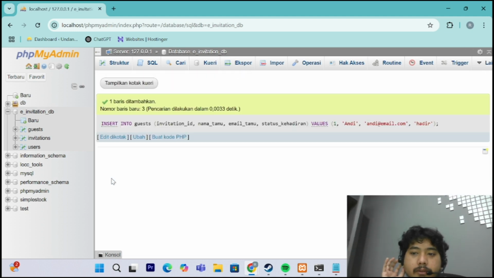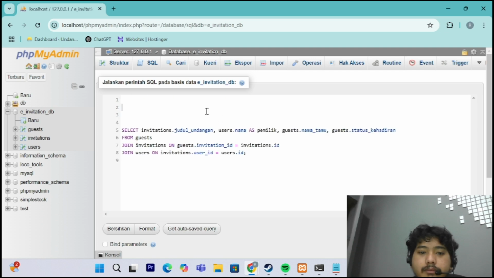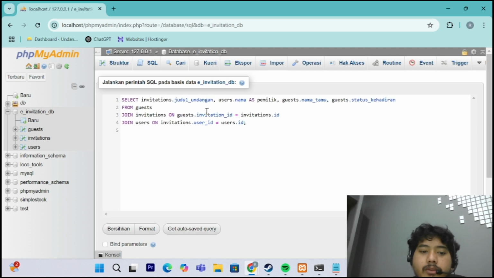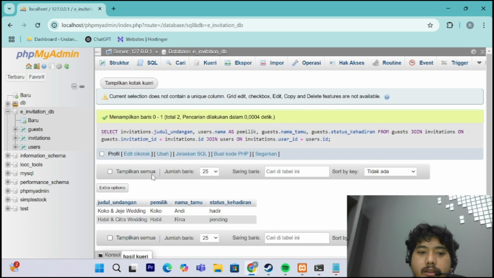Okay, we have added Andy again to the database, and we will check the generated report. It should show two events because now we have Andy. Okay, it has two events again, Goku and JJ, and the name of the guest is Andy, and Habil Citra, the name of the guest is Rina.